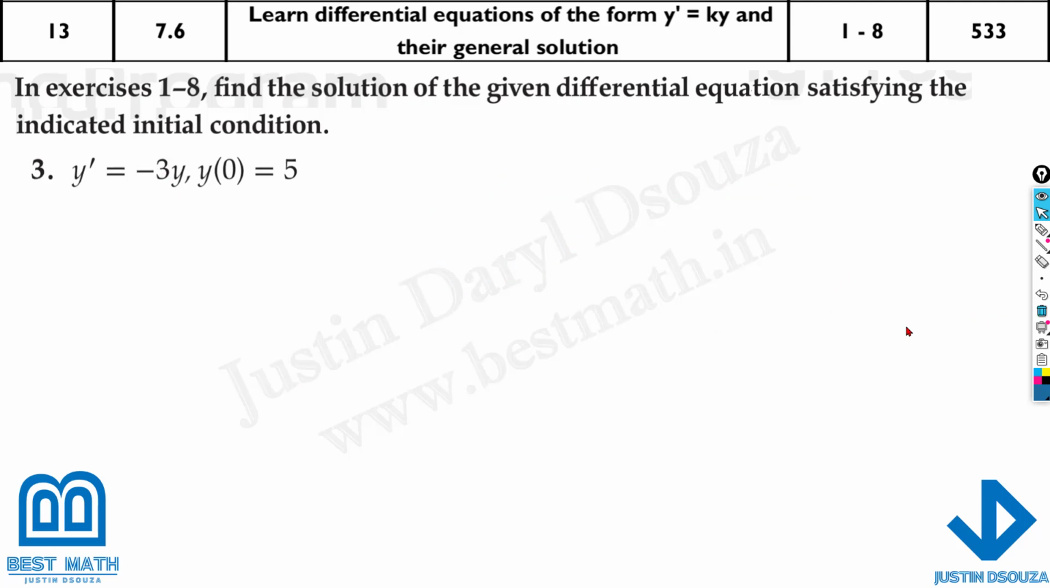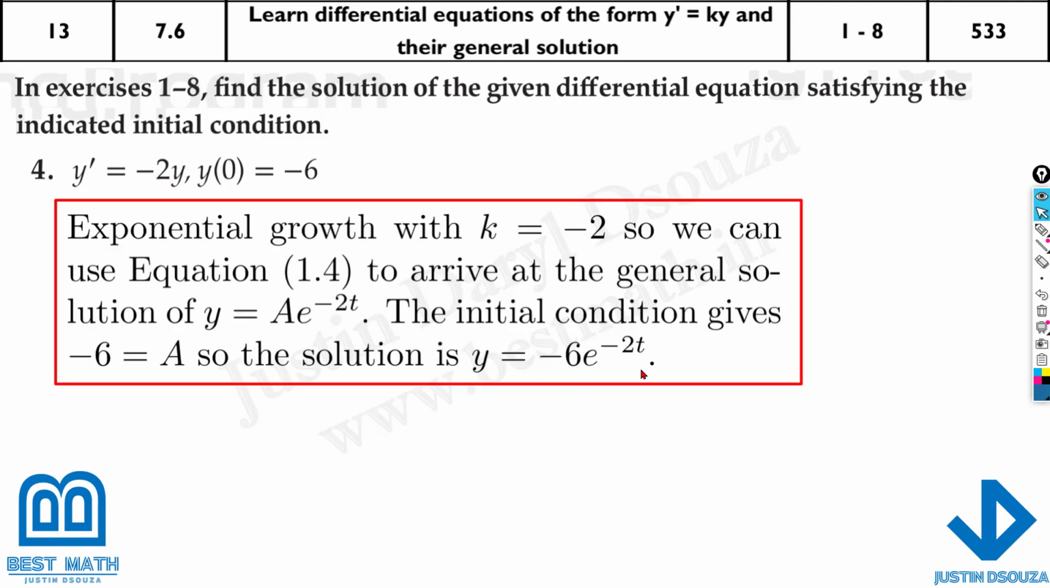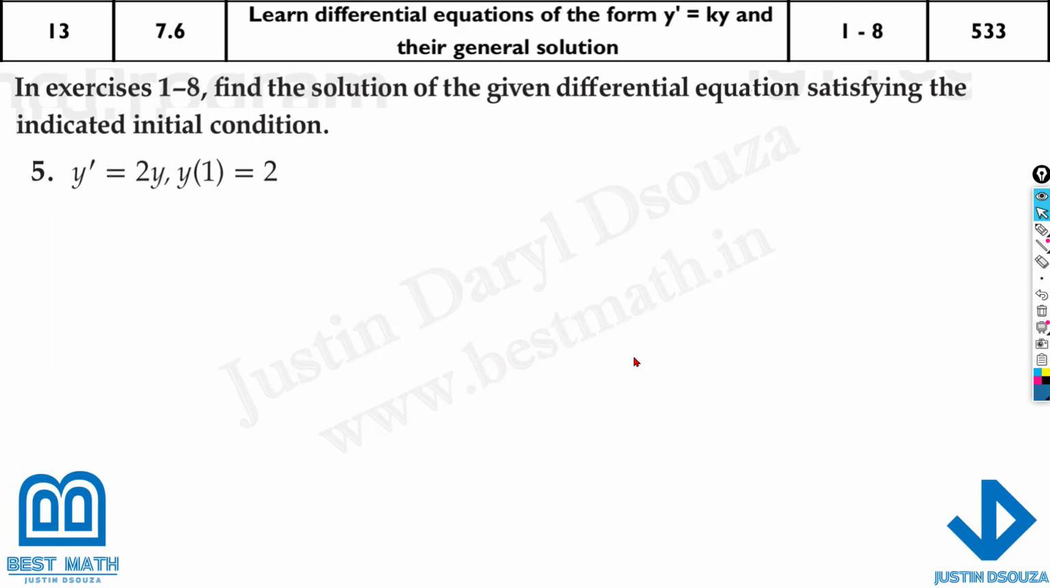Same thing, you can try these by yourselves. It is 5 e to the power minus 3x or t. And it's minus 6 and the k value is minus 2. You can see here, it all depends on which formula I take, whether it's t or x. Now this one, we can easily see this is k, it's 2. You don't need to do the method. You can directly tell y is equal to a e to the power